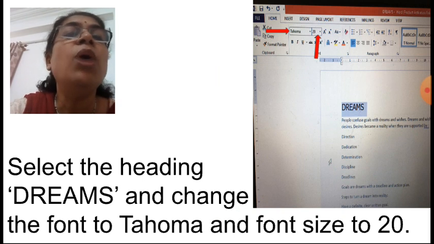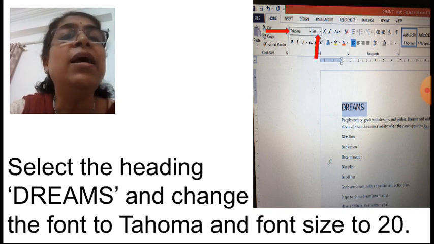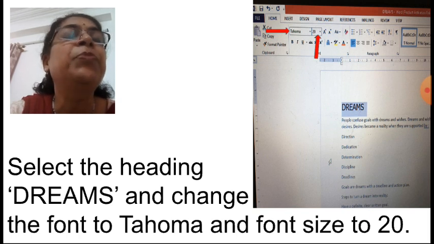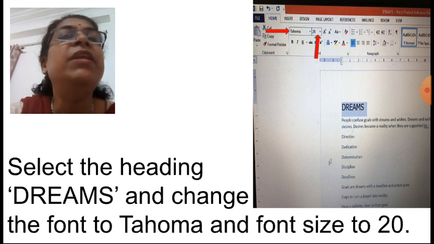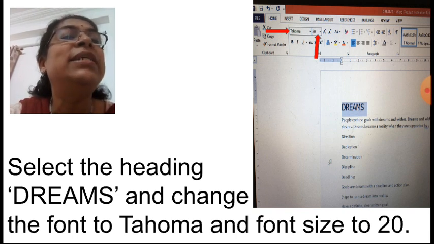Now next is here we are going to give the effect for the heading. Okay, now how to give that? First, for that select the heading dreams, and then you have to click on the home tab, font group, and the actual font we want to change. We want to make it Tahoma and the size should be 20. For that select the downward arrow which is shown after the font name, and whenever you will scroll down the font option, there you will get the Tahoma, this font. Select that and size you should give as 20, and see the effect.